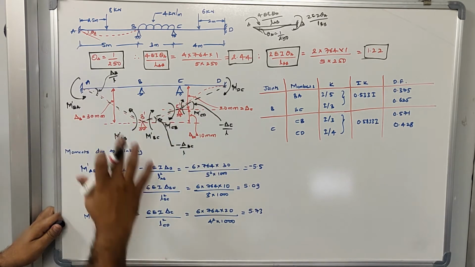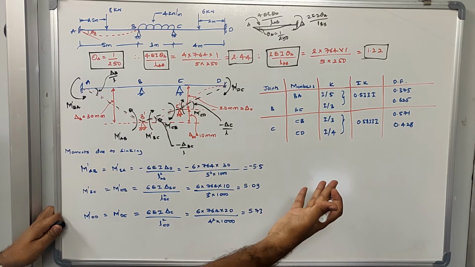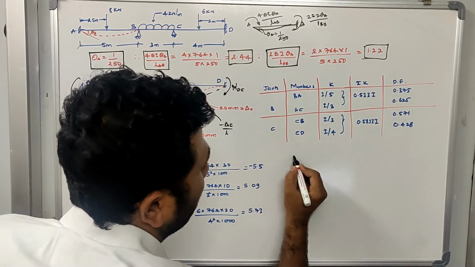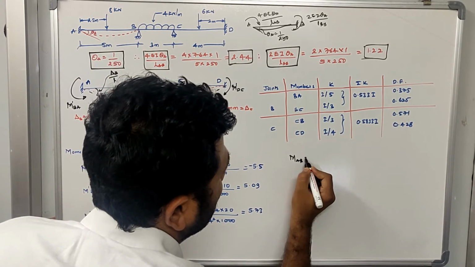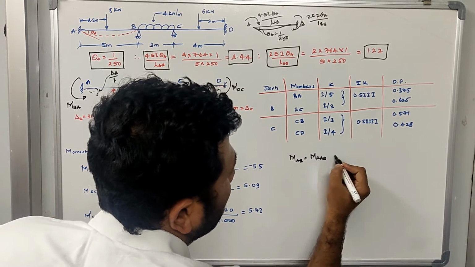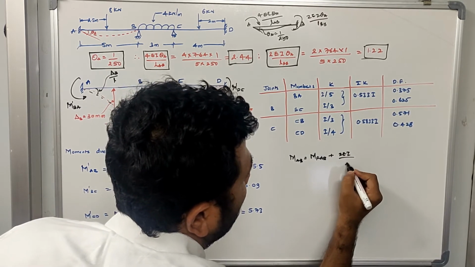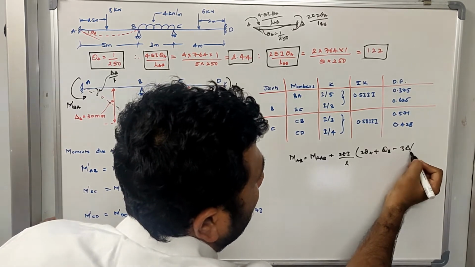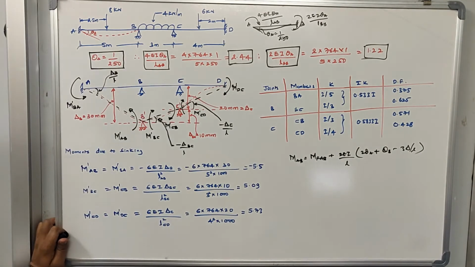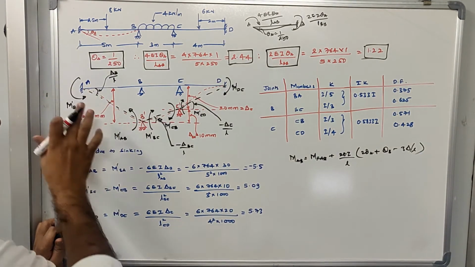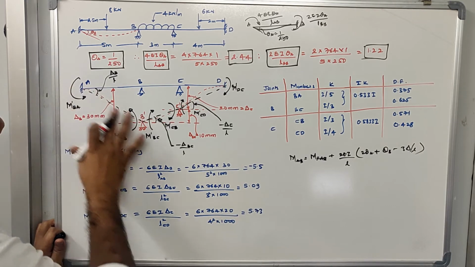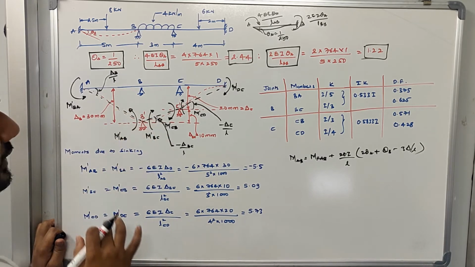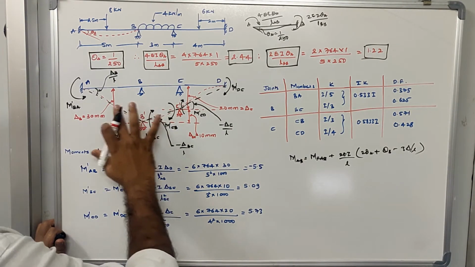Now the next thing is that I will give you the example of the slope deflection equation, and here this is quite different. In slope deflection equation, if you remember, this is the equation we had: MAB is equal to MFAB plus 2EI divided by L times (2 theta A plus theta B minus 3 delta by L), right? As you can see, the A end is at a higher elevation and B is at a lower elevation. The moment that is created here is anti-clockwise, which is negative.